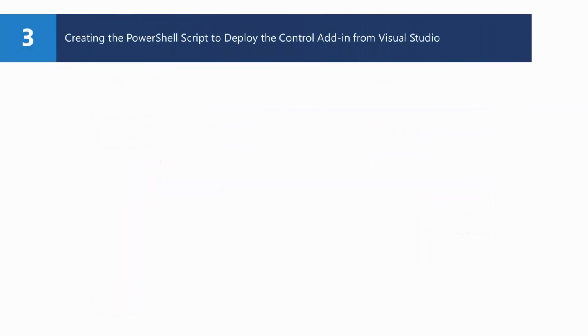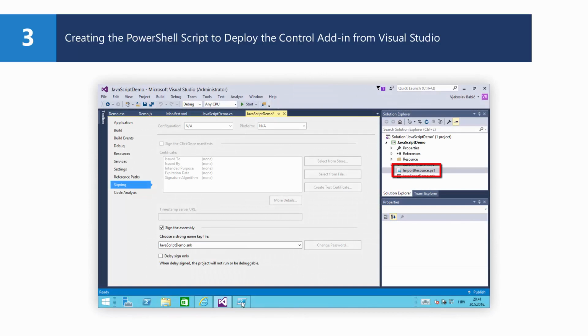There are several manual steps involved in deploying a control add-in. They are simple, but they still require a couple of minutes of manual work that you have to do every single time you make the slightest change in JavaScript that you want to try out in NAV. Therefore, you can include a PowerShell script as a part of your build process and have that script create and maintain your control add-in. Here is my script that does the following: